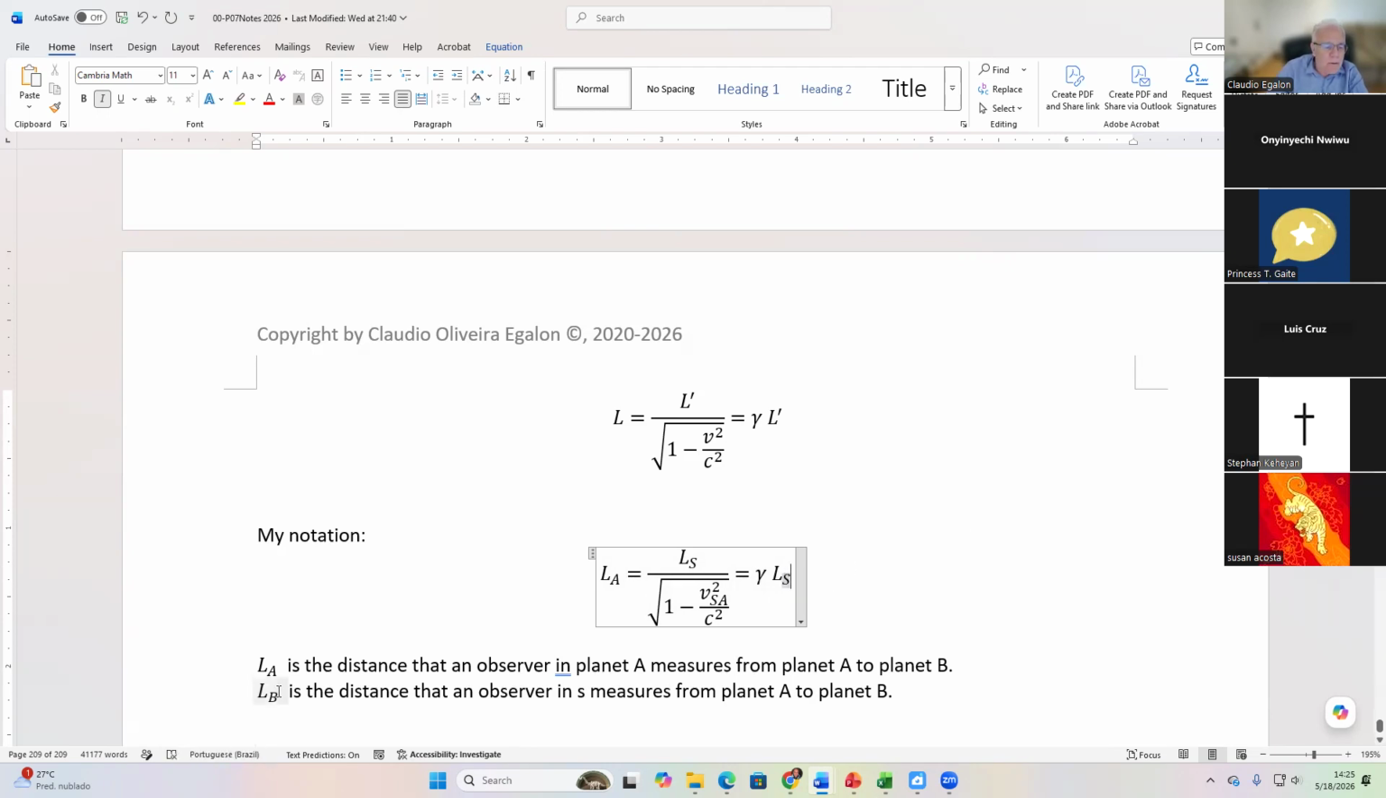L sub S is the distance that an observer in the spaceship S measures from planet A to planet B. Okay, V sub S